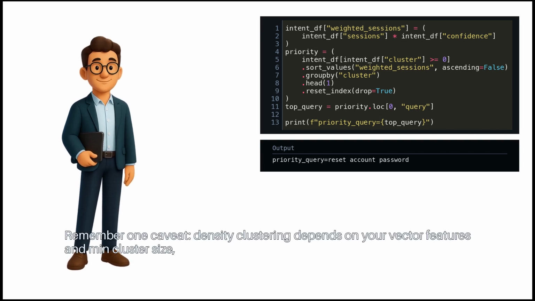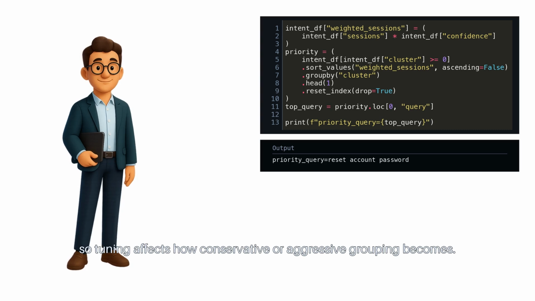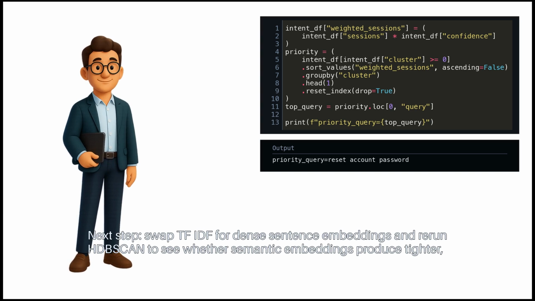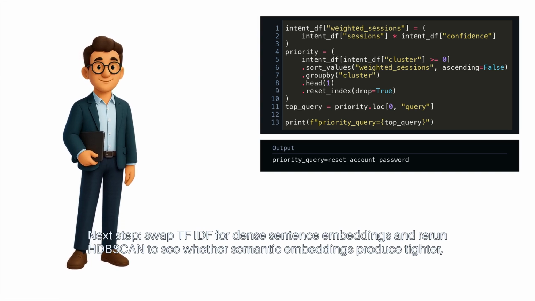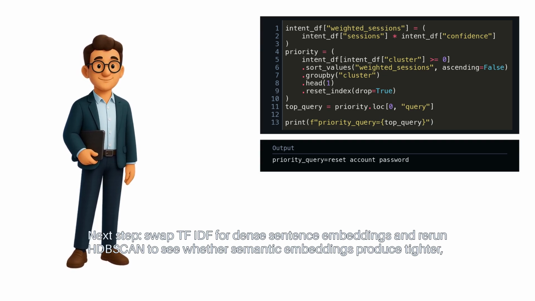Remember one caveat. Density clustering depends on your vector features and min_cluster_size, so tuning affects how conservative or aggressive grouping becomes. Next step, swap TF-IDF for dense sentence embeddings and rerun HDBSCAN to see whether semantic embeddings produce